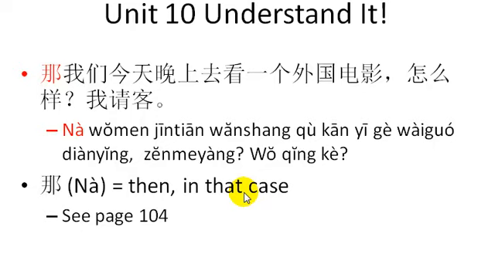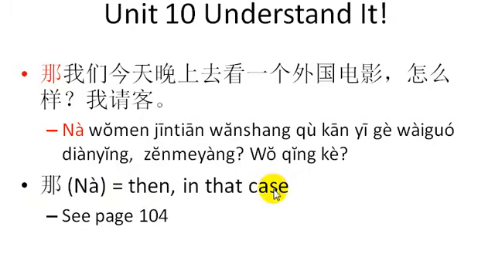So this then is used in English to say, well, hey, you were just talking about how you're going to the post office and you have a car, you're driving. Well, then, here's the then. Well, then you drive me there so I don't have to walk. So the then is like a therefore. There's a conversation happening, and there's a result of the conversation, and so you use the word then. So in this kind of situation, na can mean then or in that case.